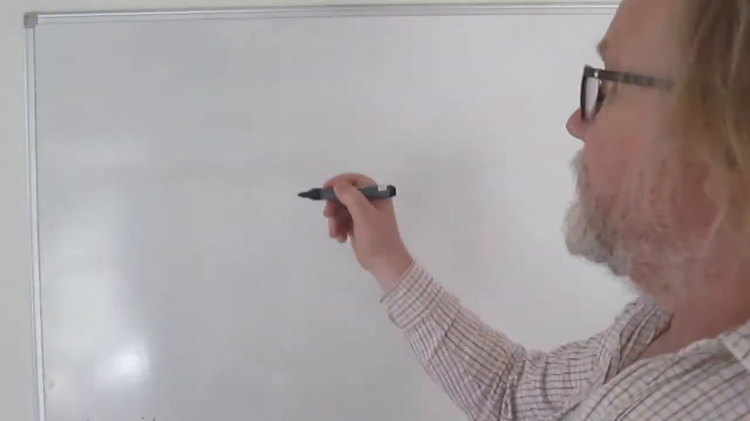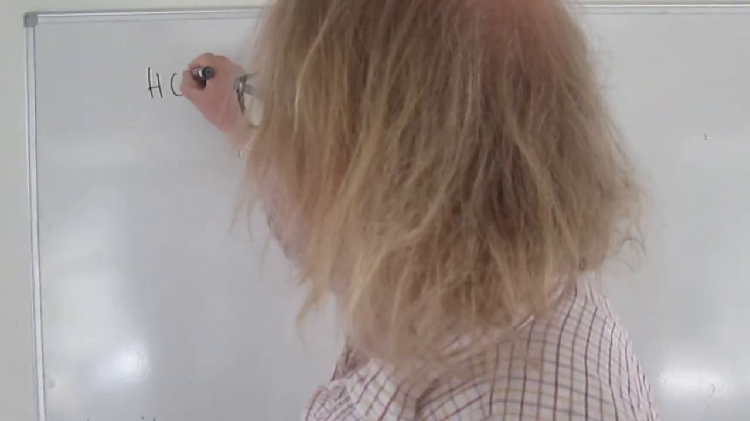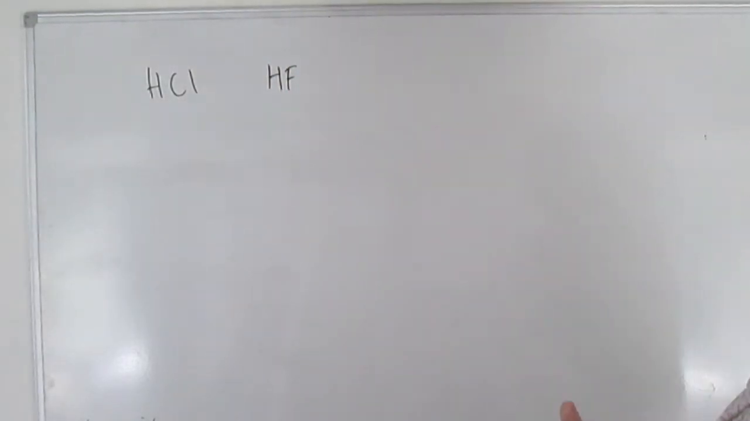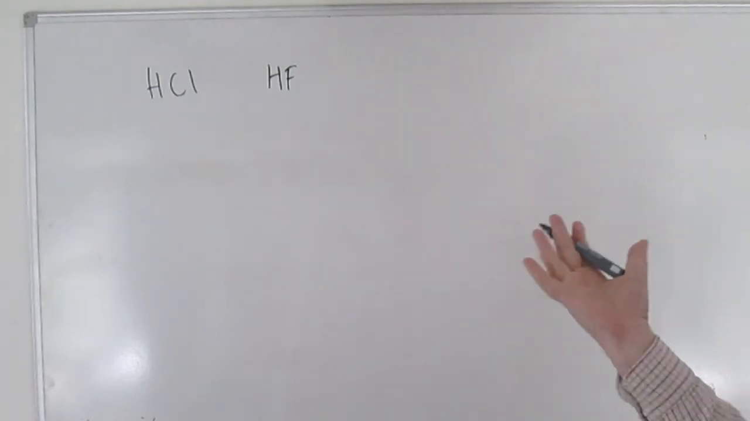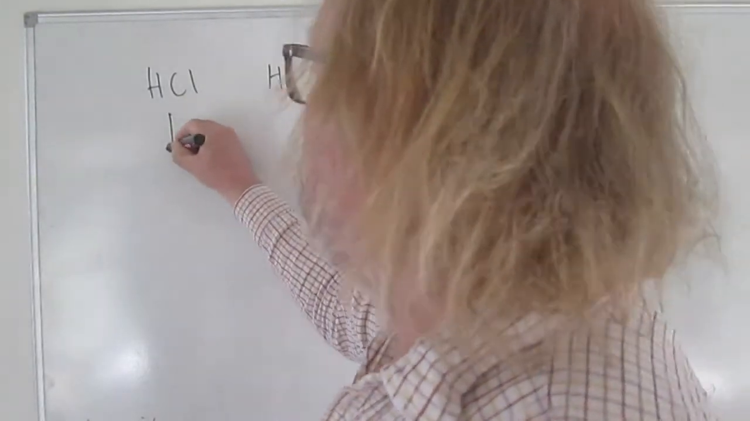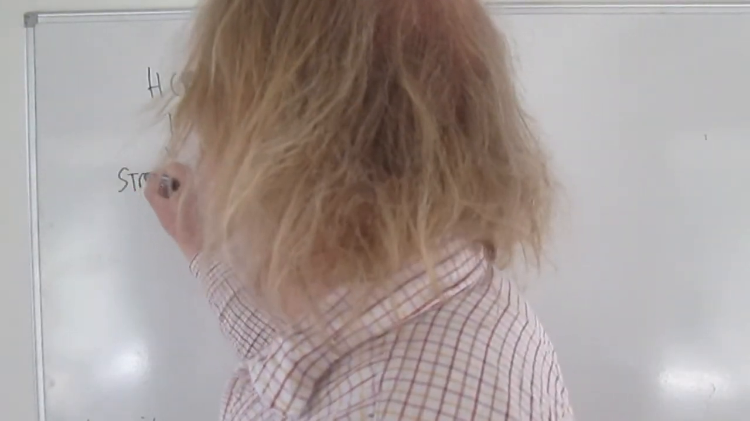Let's compare these two compounds, HCl and HF. Both of them as pure substances are simple molecular materials. They're both gases at room temperature, but they both dissolve in water. And then we find an interesting difference, that this one is a strong acid,